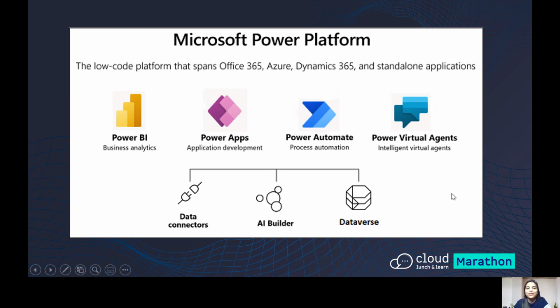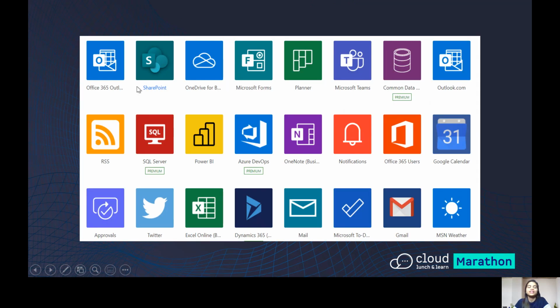Anyway, let's move on. So these are the connectors that are available out of the box. Some of the connectors that we have been using so frequently in our daily life, but we don't know, are Microsoft Teams. Then we have Power BI, Outlook, SharePoint, OneDrive, Microsoft Forms, Google Calendar, of course, that is something by default in your mobile, or let's say in your Android applications. We all know about Gmail and Twitter, of course. Please also note that these connectors are free.